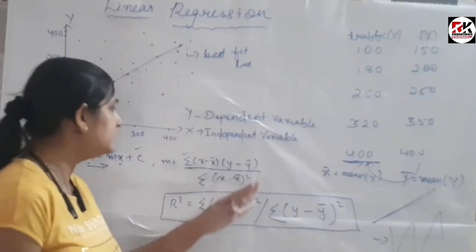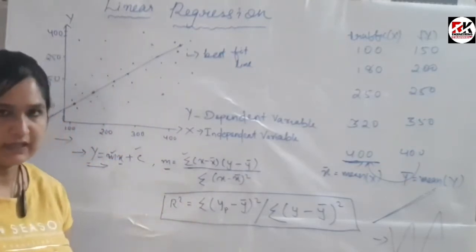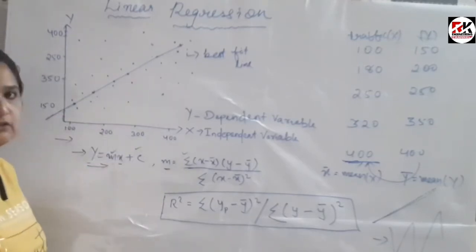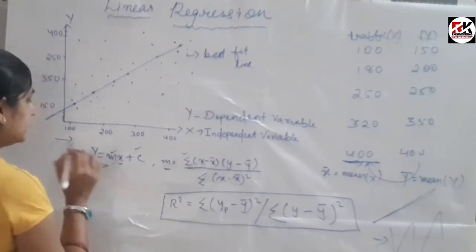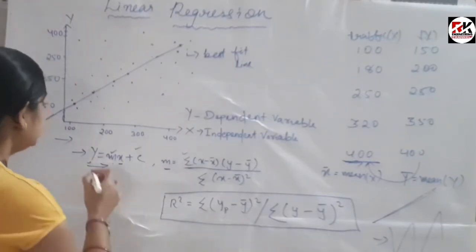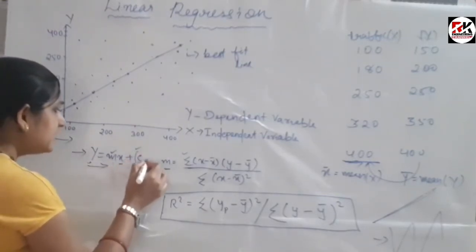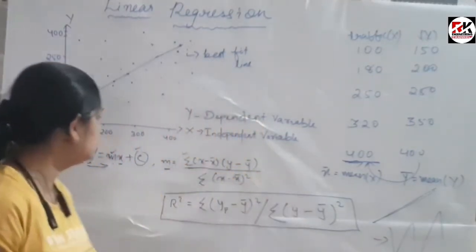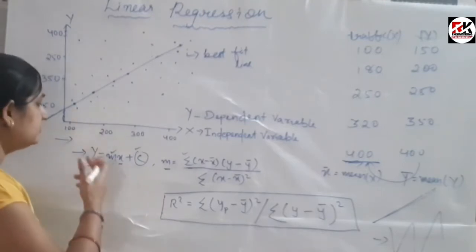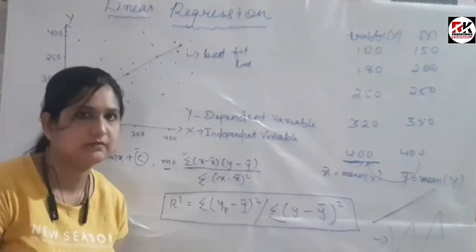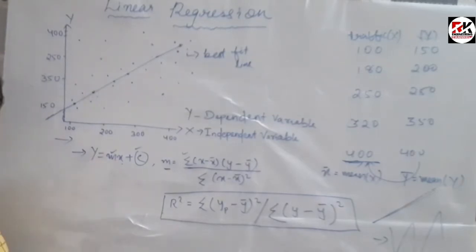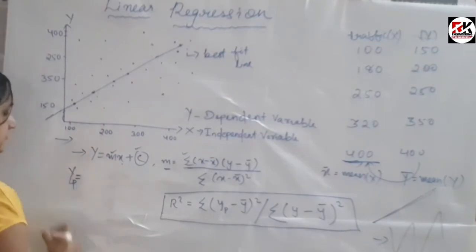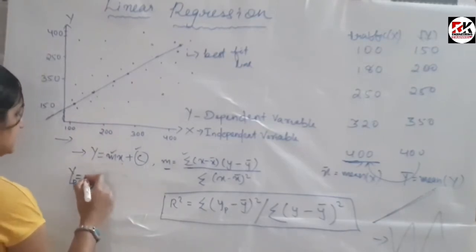After the whole calculation, you will get your m value. In your data set, you have your x values and given y values, the actual data point values. Once you have m, you can easily calculate c, the y intercept, by putting m, x and y in the formula. After getting my m and c values, this will be my line equation. Suppose y predicted is equal to, suppose my m is 0.2.